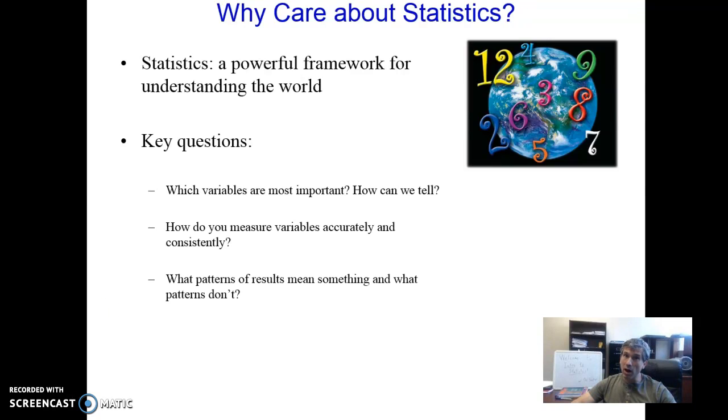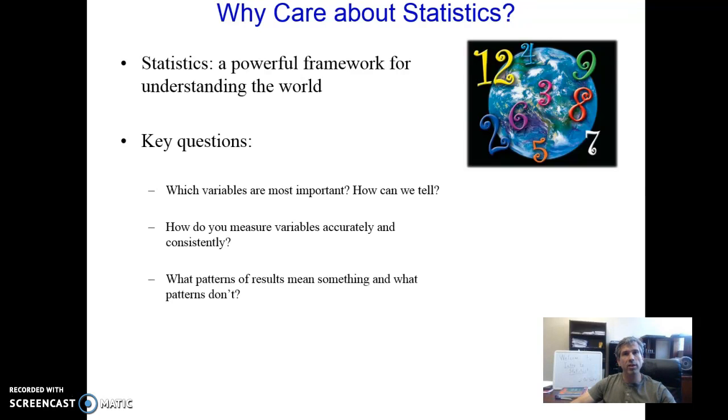And here's the million-dollar question over the course of the semester. How can you tell the difference between a pattern of results that means something, that actually tells you something relevant about people in general, or whatever subgroup of people you're looking at, and patterns that we shrug at and say, that could have just been a fluke. There's not really a big difference. Putting this framework together, because again, it's not good enough to just eyeball it and decide. That's way too subject to bias.